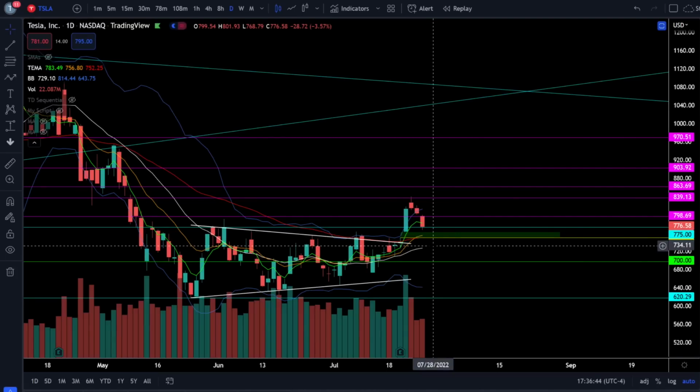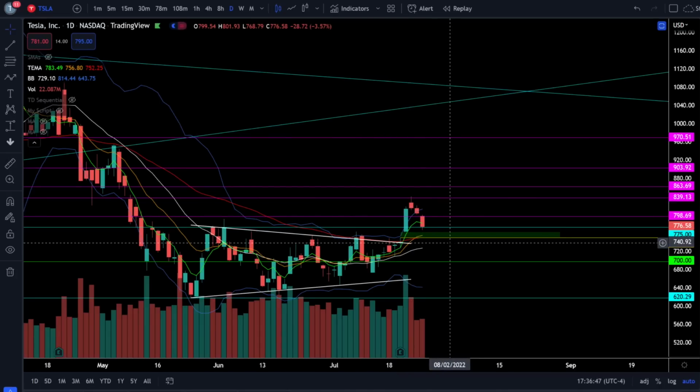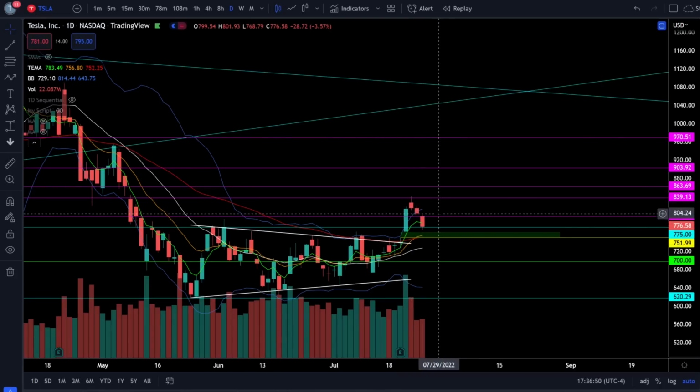Keep those targets in mind, because as long as we're heading lower, those are the support zones that you want to pay attention to. Upside resistance will be at $800,